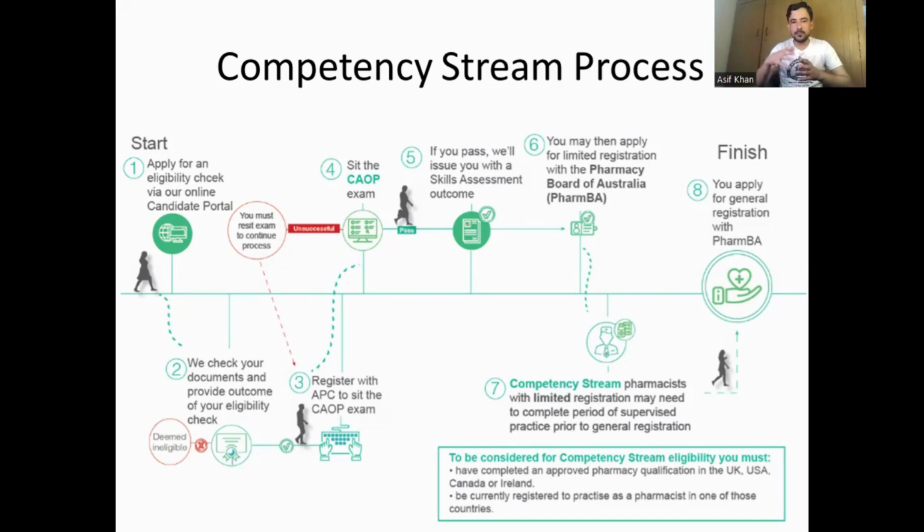Okay, so you will appear for the CAOP exam. Then if you pass, we will issue you with a skills assessment outcome letter. After you qualify that exam and have received the skills assessment outcome letter, you may then apply for limited registration with the Pharmacy Board of Australia. So one is the Australian Pharmacy Council and the other one is the Pharmacy Board of Australia. For the registration, you will apply to the Pharmacy Board of Australia, and for the exam,